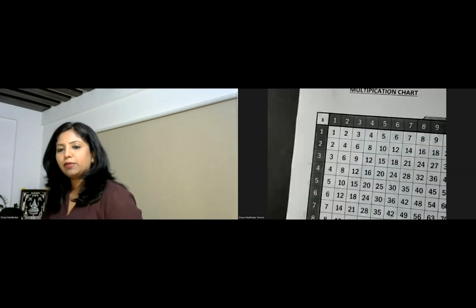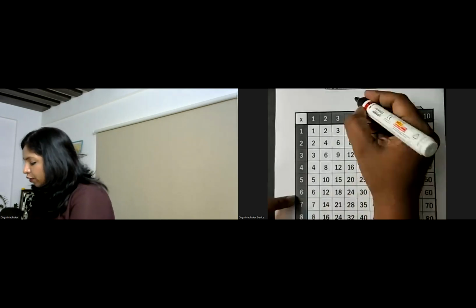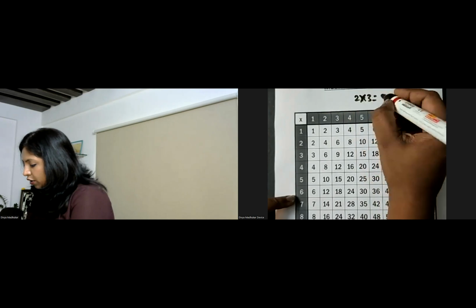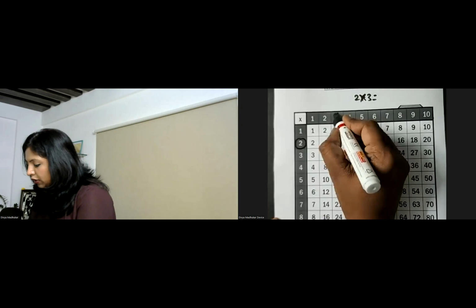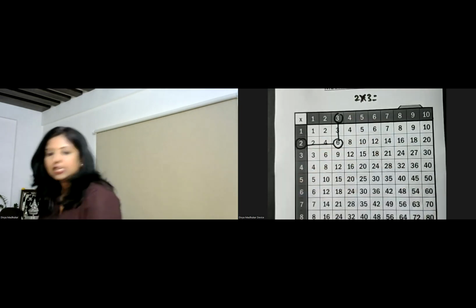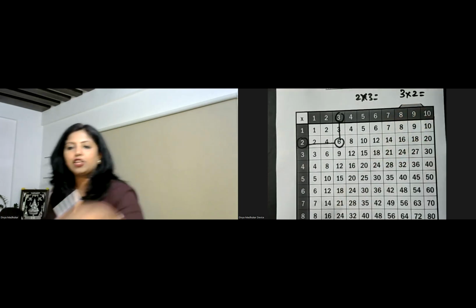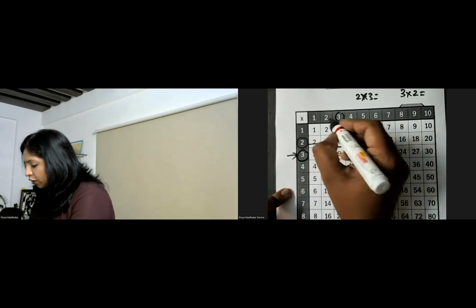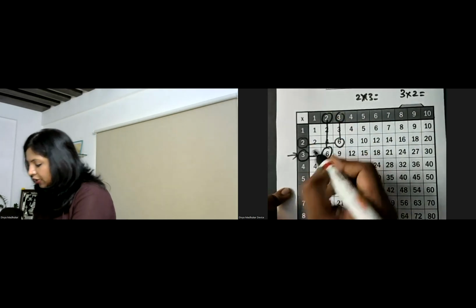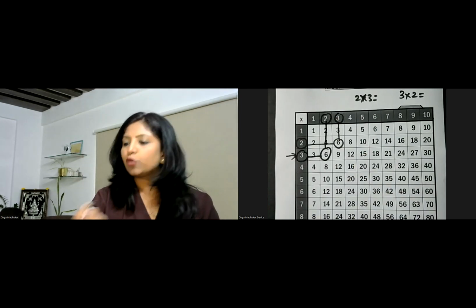Likewise, you also have your multiplication chart. So it's a table of multiplication. So you can get any problem statement. Say if I give you 2 times 3 is equal to what? First finger on 2, second finger on 3. So your 2 times 3 is 6. Now if I give you 3 times 2, where should your first finger be? First finger on 3, second finger on 2. Now look at the position. It is different. Even though the product is the same, the position would be different.